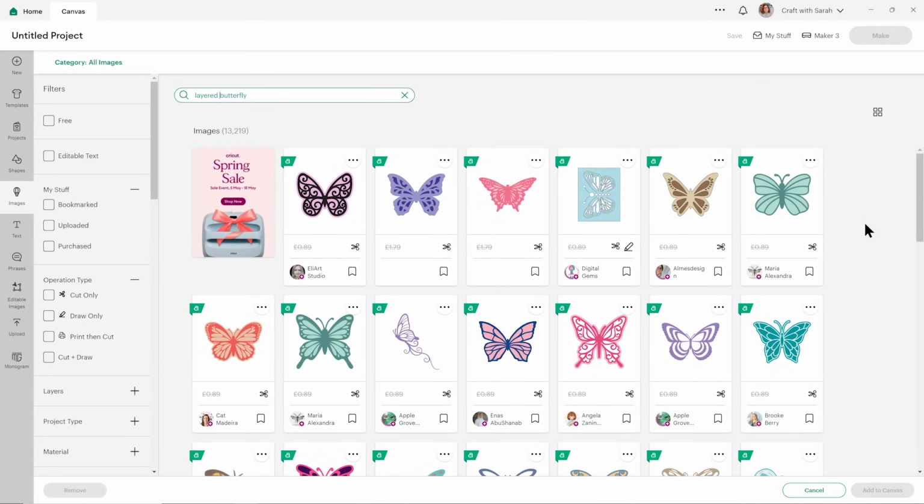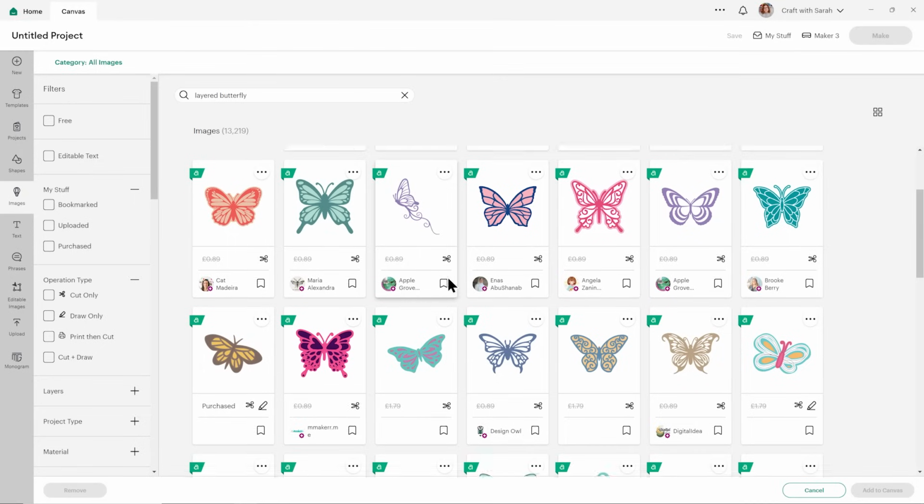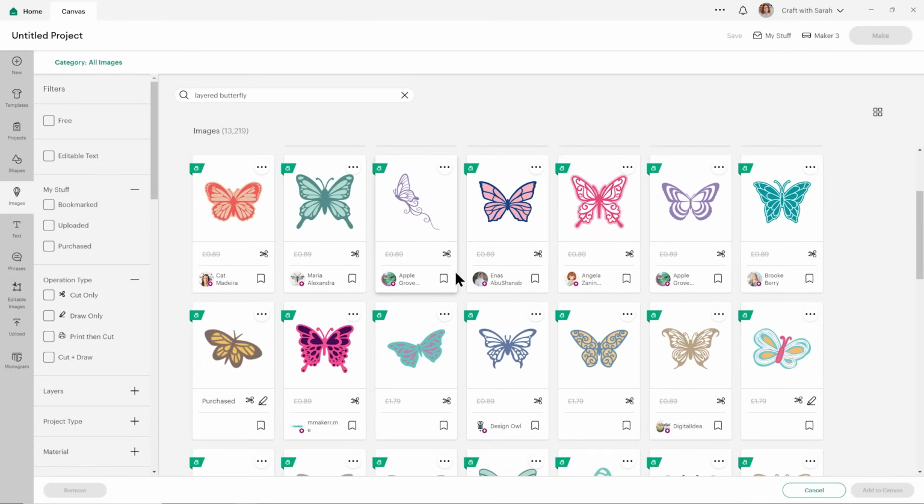You want to look for an image where it's got a nice flat base. It doesn't have to be a straight solid line along the bottom. These ones aren't because we can fill in this gap, but just something where it does line up nicely on both sides. So these would all be good ones to choose. Whereas this wouldn't be because it doesn't have that flat bottom to it. If it's a nice simple kind of outline shape, that's good too.